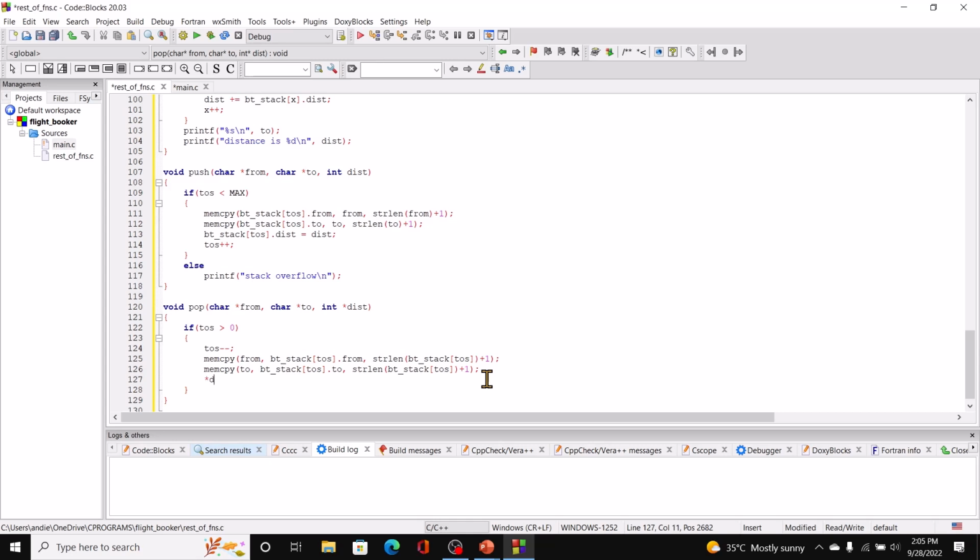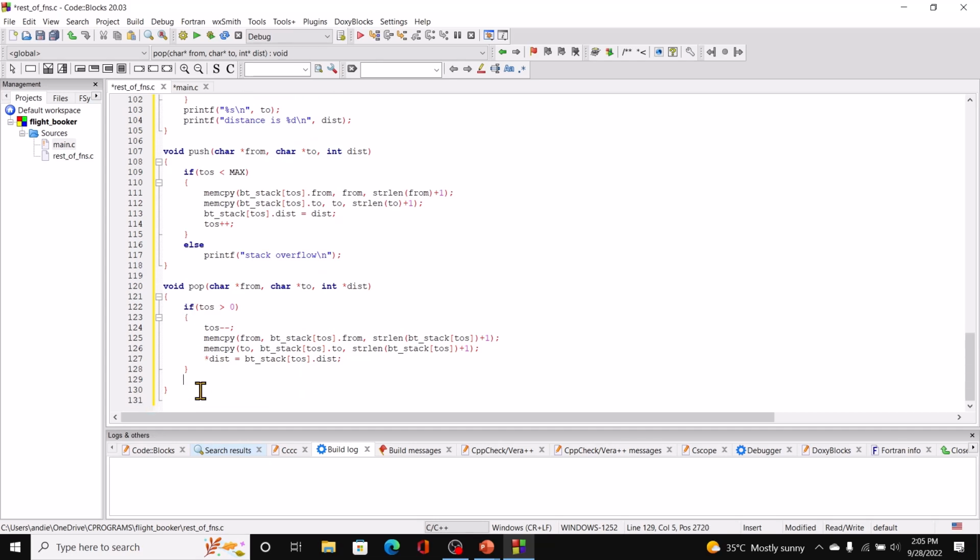And then star dist equal to bt_stack of or at TOS dot dist, right? If this condition is not met, meaning there's nothing left on the stack,